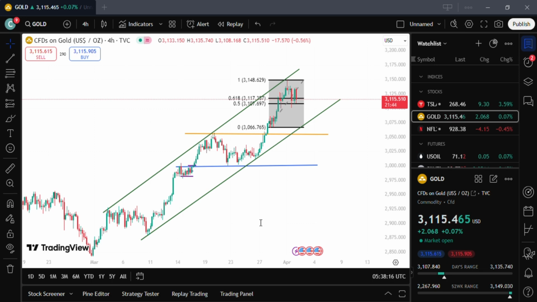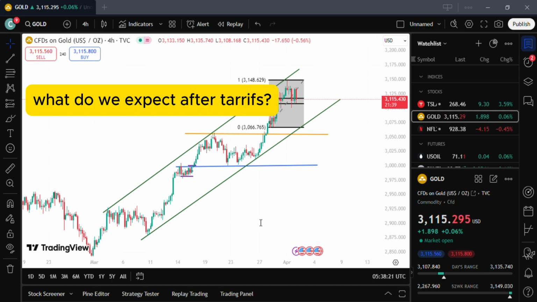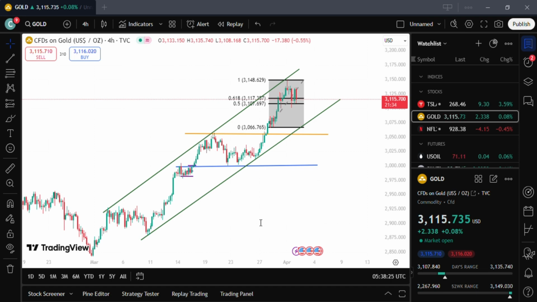Increased trade tensions, and countries targeted by these tariffs may retaliate with their own measures, leading to escalating trade disputes. We could also see businesses reliant on international supply chains face higher costs and delays, prompting them to seek alternative suppliers. Now, what is the impact of this on the emerging markets? We could see countries with significant trade imbalances with the US experience economic strain, particularly those heavily reliant on exports to the US.